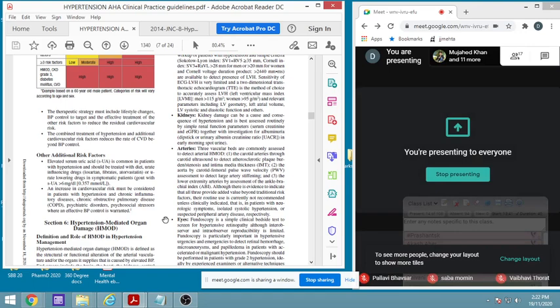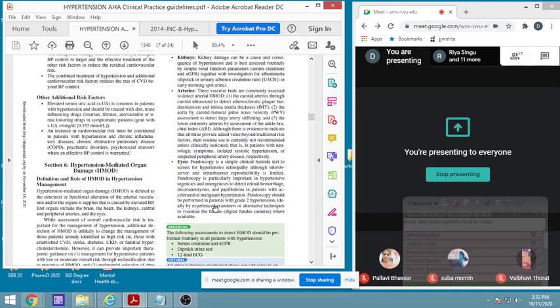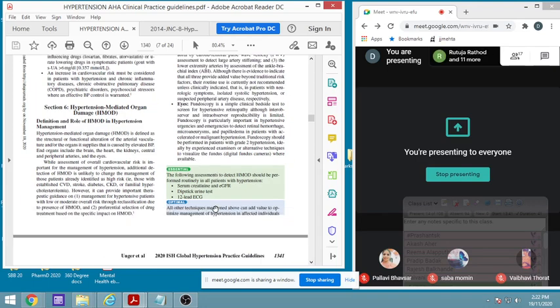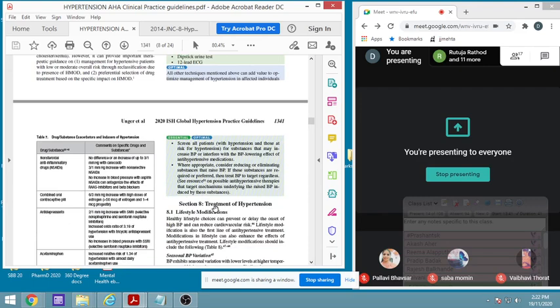And that will help you to understand the hypertension mediated organ damage, because hypertension can damage many organs, and therefore all these tests, particularly for those having higher blood pressure, we have to go for. Then there are certain drugs which can cause it. For example, NSAIDs, that is non-steroidal anti-inflammatory drugs, or very commonly we call them painkillers. They are very commonly used. So these are responsible in some cases,